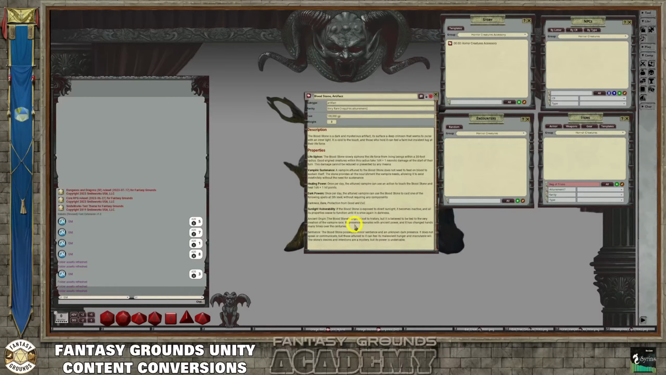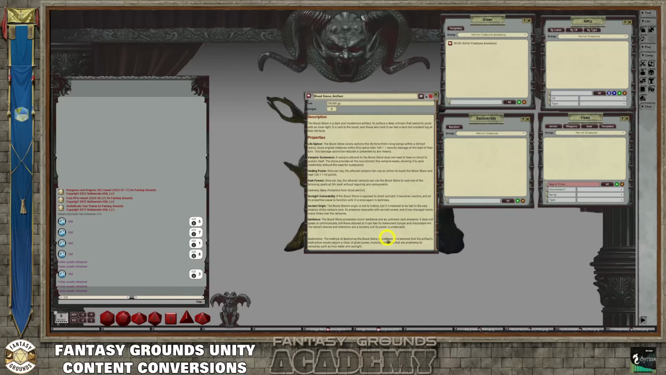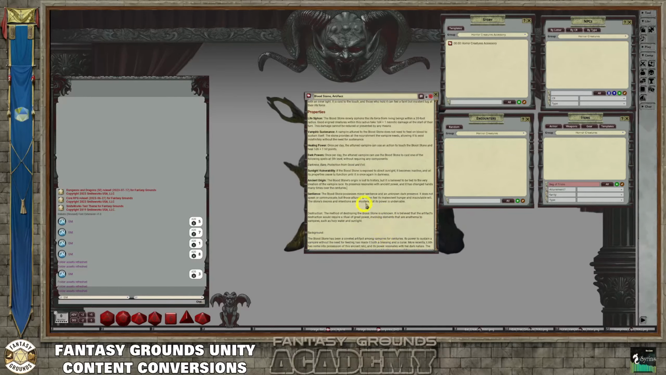So the ancient origin. So this is the backstory of the bloodstone. The origin is lost to history, but it is believed to be tied to the very creation of the vampire race. Its presence resonates with ancient power, and it has changed hands many times over the centuries, so it's been around for a while. And then sentience. The bloodstone possesses a minor sentience,